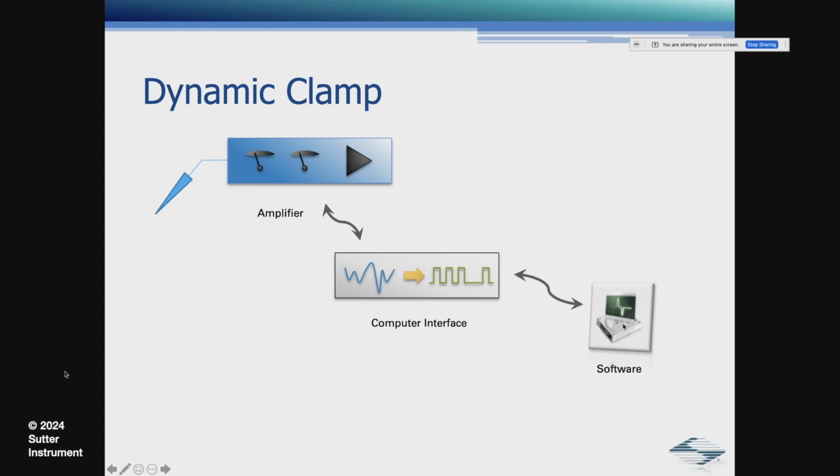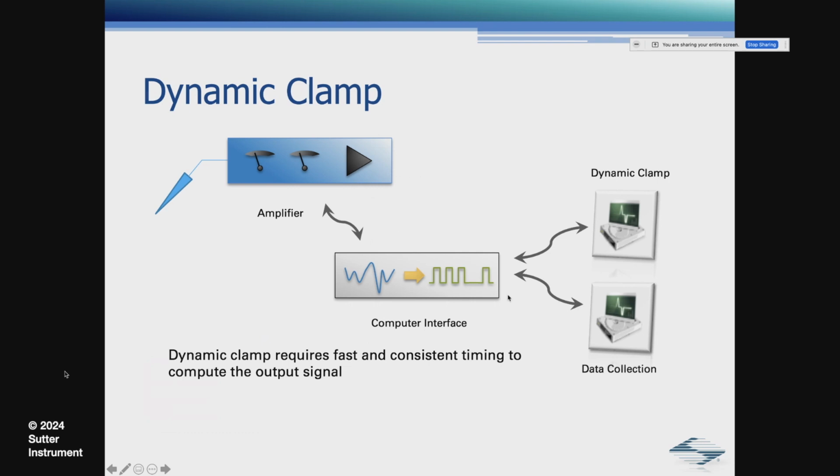That means if you want to do dynamic clamp, you need those constant real-time intervals. That means you need to split up this computer into two computers, one that's responsible for data collection and the other one that controls the dynamic clamp and runs a real-time operating system so that you have the fast and consistent timing that you need to compute the current that you want to inject back. As I said, Windows or Mac are not real-time operating systems, so they can't be used. And you can't use a USB connection because all that introduces delays that are not only not under our control, they're also not constant.